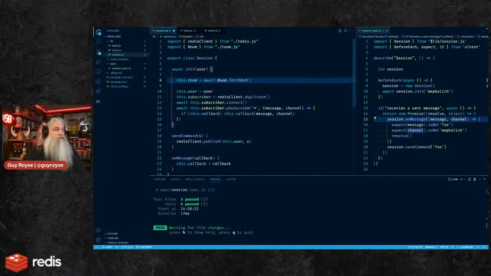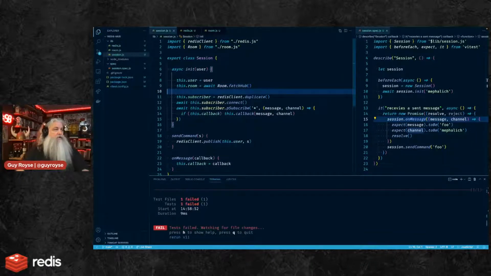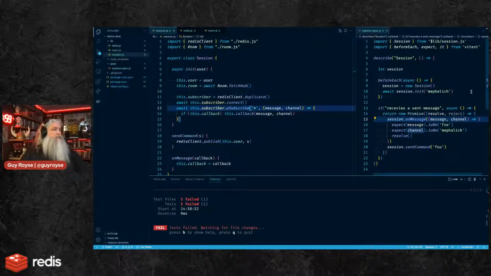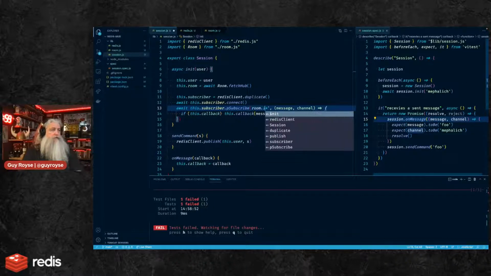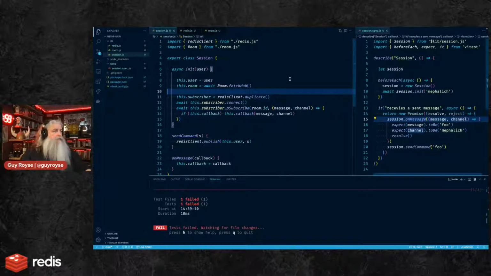Wait. Let's leave user as user for now. And then we are still subscribing here, subscribing to all messages. I think we want to subscribe to room.id. Yeah.